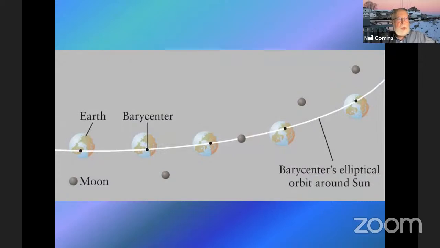Now, just imagine a ball hanging from a string, and you hold the string, and as you turn around, the ball is going to move out. Well, that energy that you give the ball to cause it to move outwards, away from you, is analogous to the energy that the moon gives to the Earth, causing the Earth to be orbiting around the barycenter,